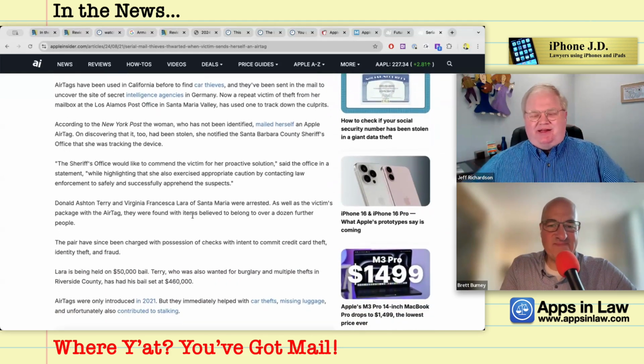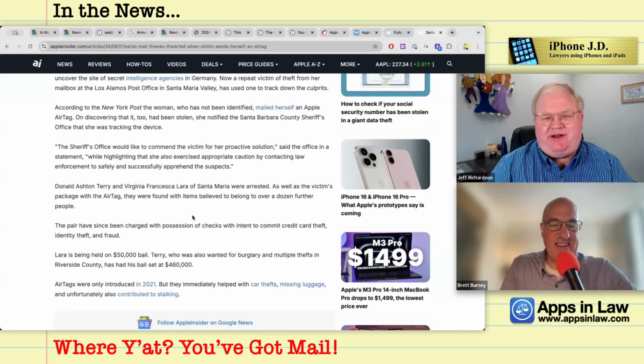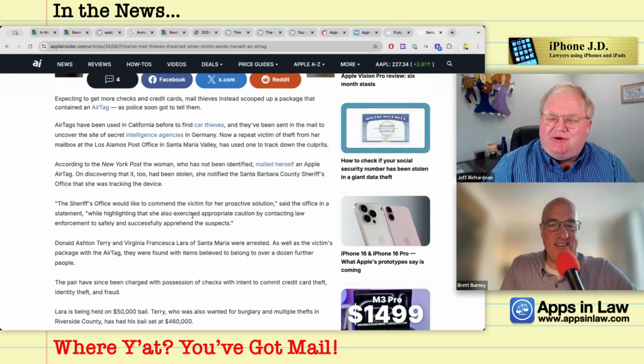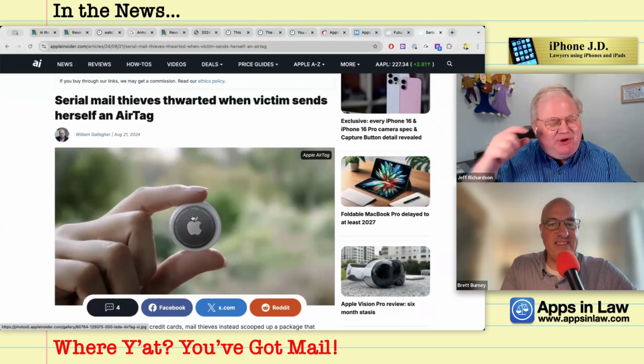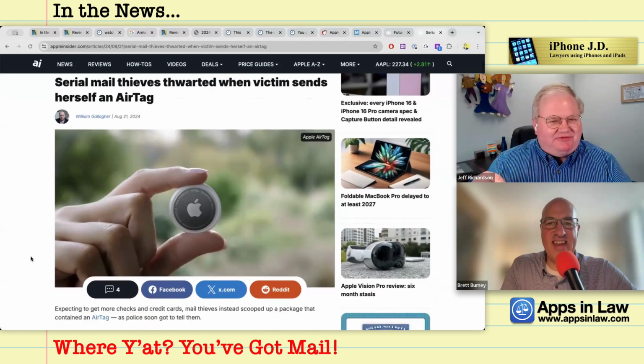And when they found the bad guys, not only did they find her AirTag, but they found lots of other mail that the guy had stolen too. It's a pretty clever feature though, because again, I'm always thinking about putting AirTags on your valuable stuff. But another way to